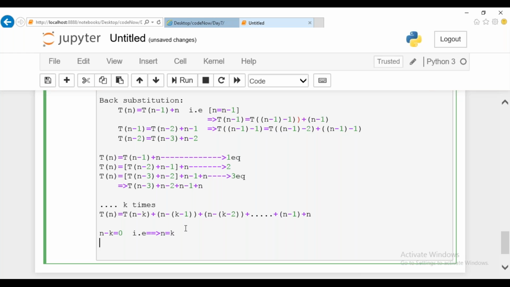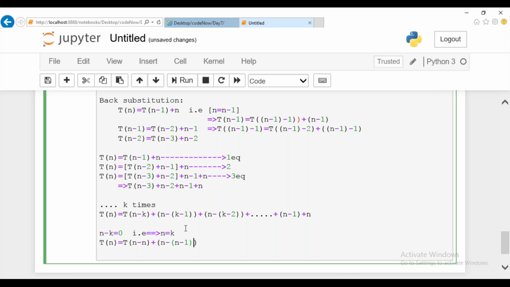Just substitute this value here. You'll be getting t of n. Wherever k is there, substitute the n value in place of k. So t of n minus n plus, substitute n minus 1.